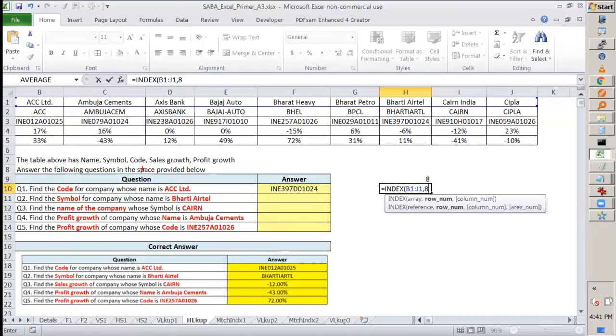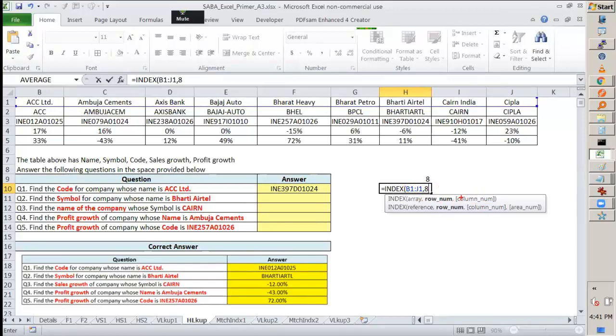Note that even though you may be thinking I'm putting in the row number, Excel is very smart. It will understand that B1 to J1 is one row, so it is not actually row num, it is column num. That's why I said I will cover this later. So INDEX works for both column as well as row. If you give 8 for a row, it will automatically understand it is a column.